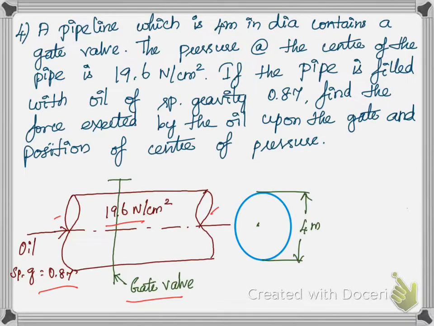So to determine the h bar value, the hint given in the problem is pressure is given. So if the pressure is given, we have to use a completely different formula. In the previous cases, they might have given the h bar value and we determined it very easily. But here they have indirectly given the pressure value. So from the pressure value, we have to determine the h bar value. h bar is also called the pressure head value.